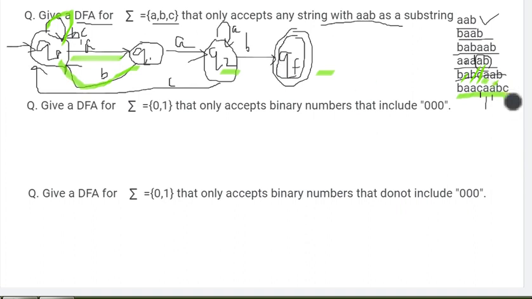But here, what is happening? Again, C is coming. So if C is coming, what can we do here at QF state, there is no path. But there is no rule that a final state must not have a path. Yes, if it is a final state, then also we can make a transition. So at QF state, if any A, B or C is coming, it will remain in the final state. Why? Because the ending can be anything. The thing is, at B it should halt. The substring should end at B, and after that, any A, B, C, it will be in the final state. So this is working.